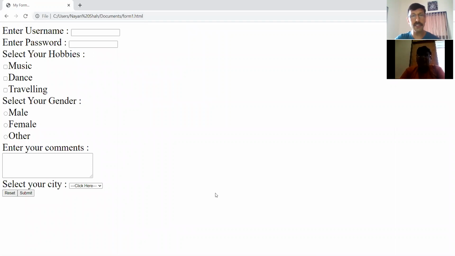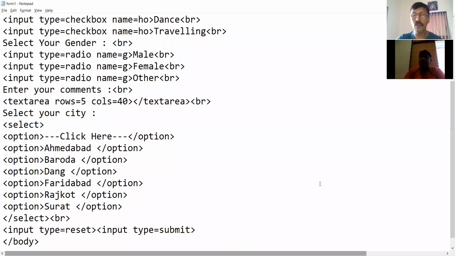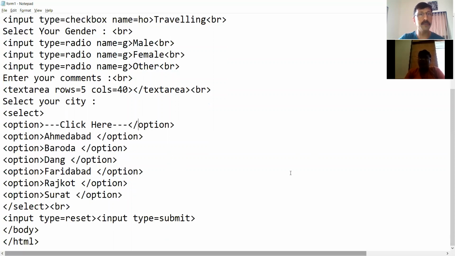The main reason behind doing this is that websites want to make sure the user has selected some city, not kept the default city. By default, Ahmedabad was there. So many users who do not know much of HTML might feel, okay, Ahmedabad is there, we don't need to do anything now, and they just leave that option as it is. And by default, everybody will then have the Ahmedabad value. So it is better that we give the first option as no value, either a blank value or click here or some dashes or something. And then we give them a message, okay, you are supposed to use this drop down to select a menu.